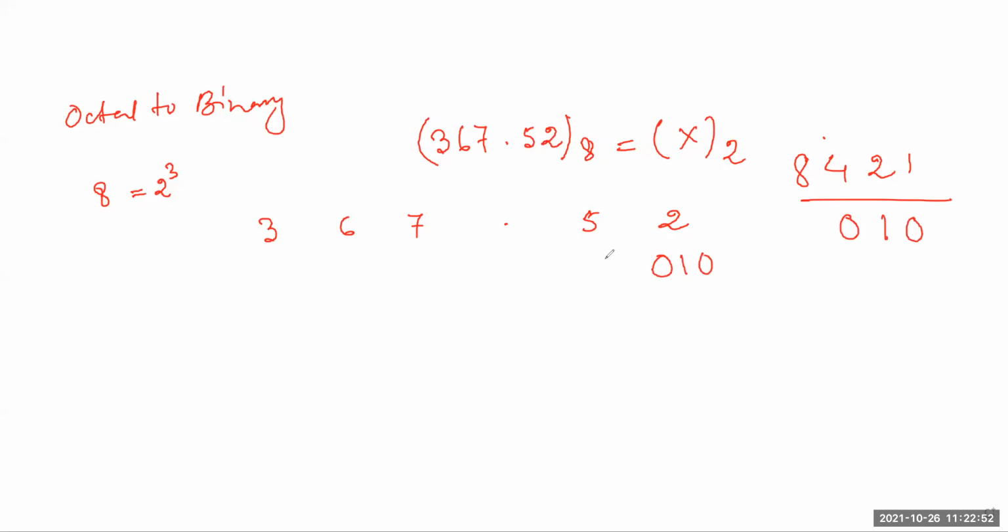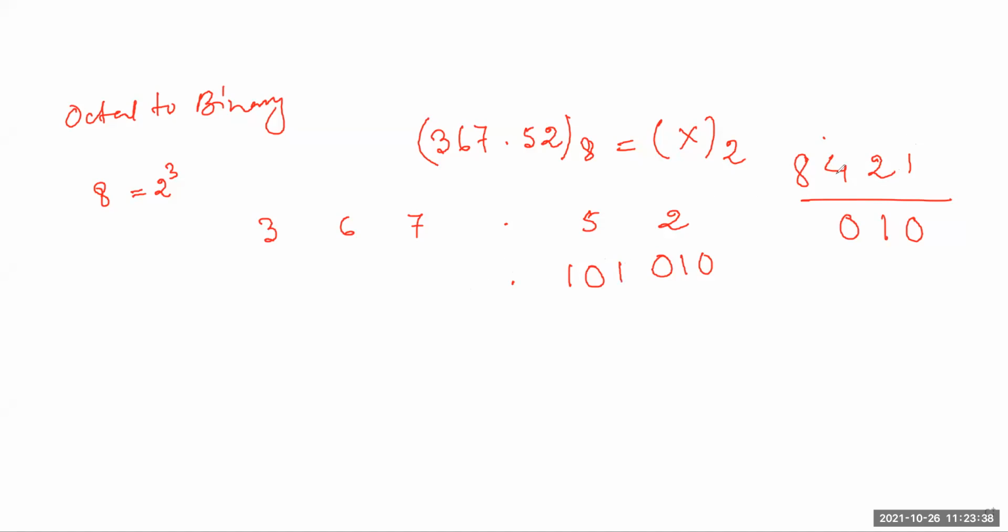So what is the value of 5 in binary? Leave the 8. 4 and 1 make 5, so put 1 in the places that add up to 5 and 0 in the rest. So 5 is 1 0 1. Next, it is 7. 7 means what? 1 1 1.